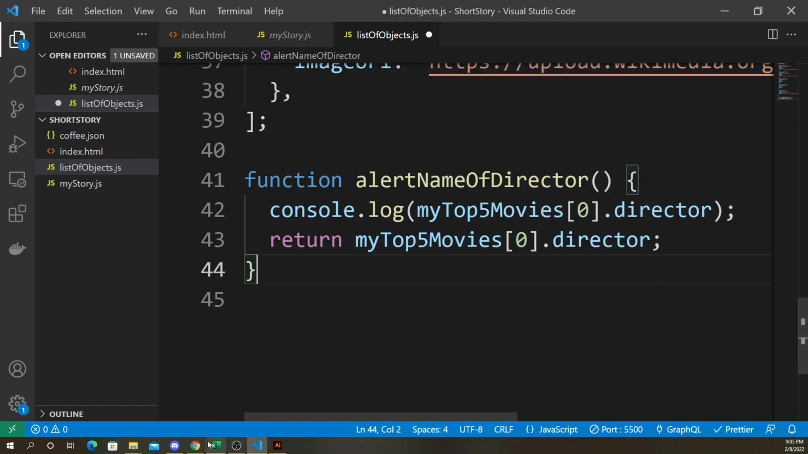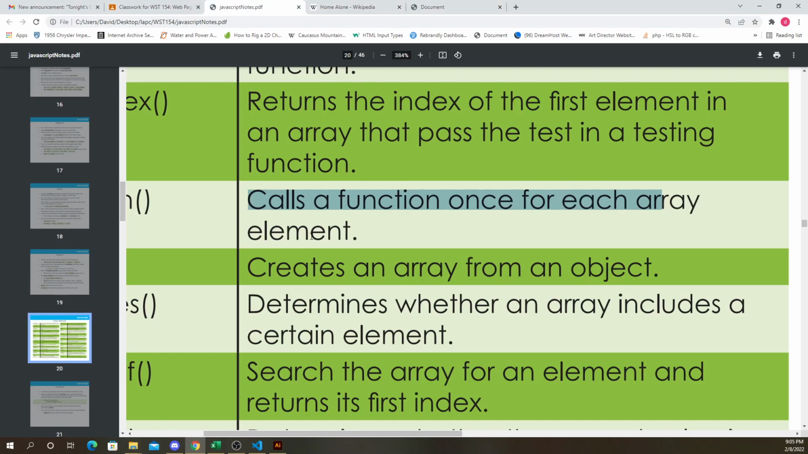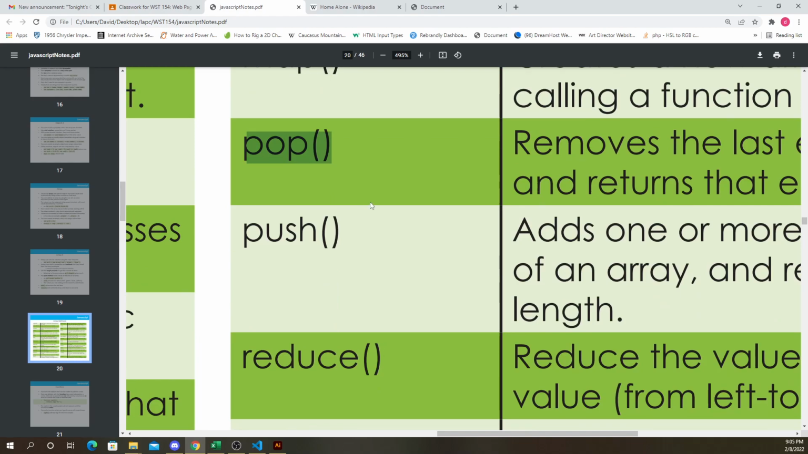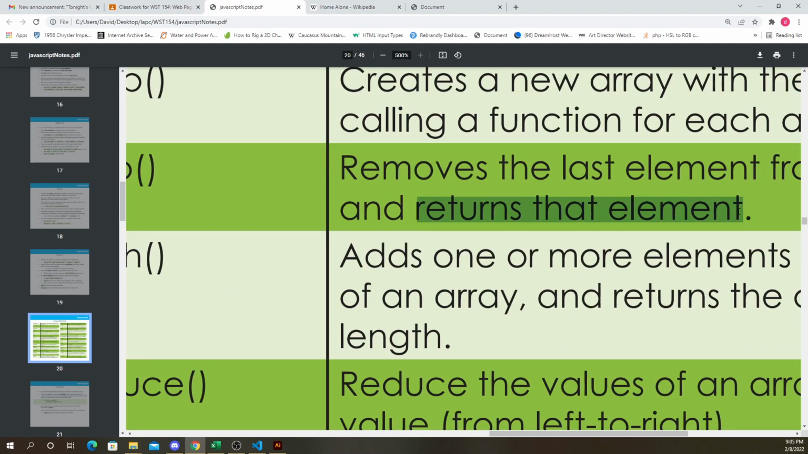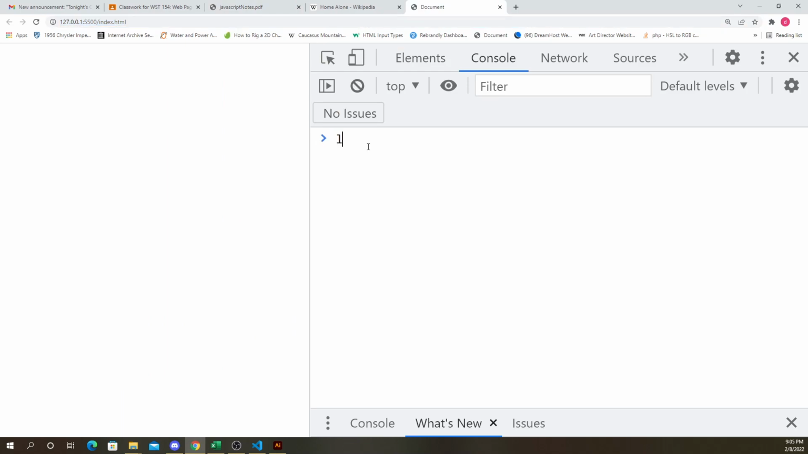So also, whenever I did pop, it removes the last element of the array and returns that element. See that? It returns that element. So it removes something, but it also returns it. So if I say let myArray equal [1, 2, 3, 4, 5], I can say let